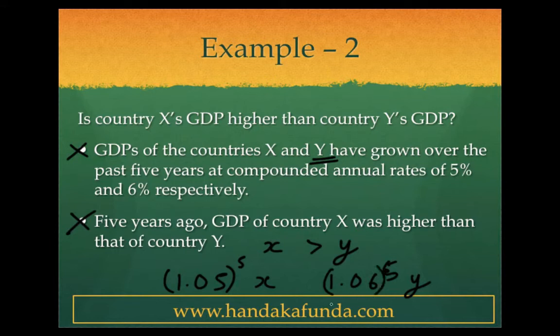Can you tell me which one is bigger out of these? This has grown more, but this was bigger originally. What I'm saying is the growth is higher here, the original was higher here. Can you compare these two? No, you can't. Unless you know the exact values of X and Y, or even some sort of a ratio, some sort of a relationship between X and Y, you will not be able to say which one is bigger or which one is smaller. Until you can say that, you cannot uniquely determine the answer to the question. So the data is not sufficient to answer the question, and you will mark 4 in this particular case.